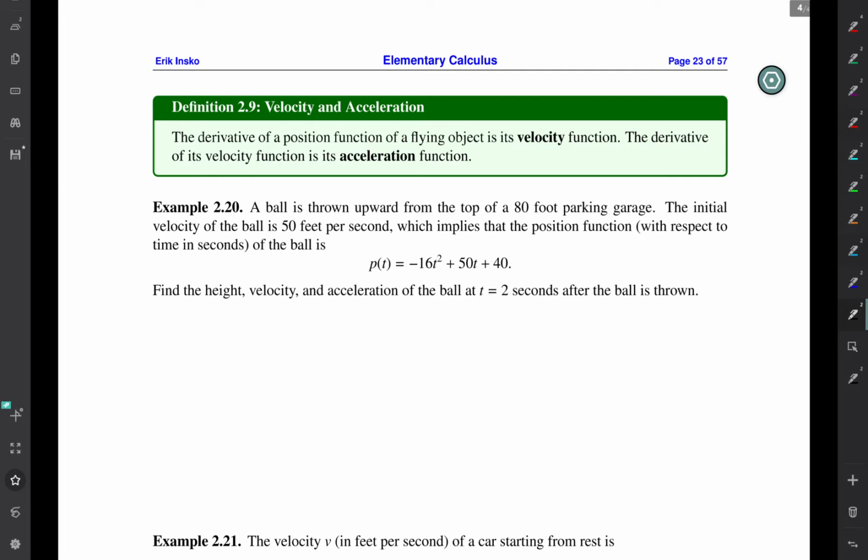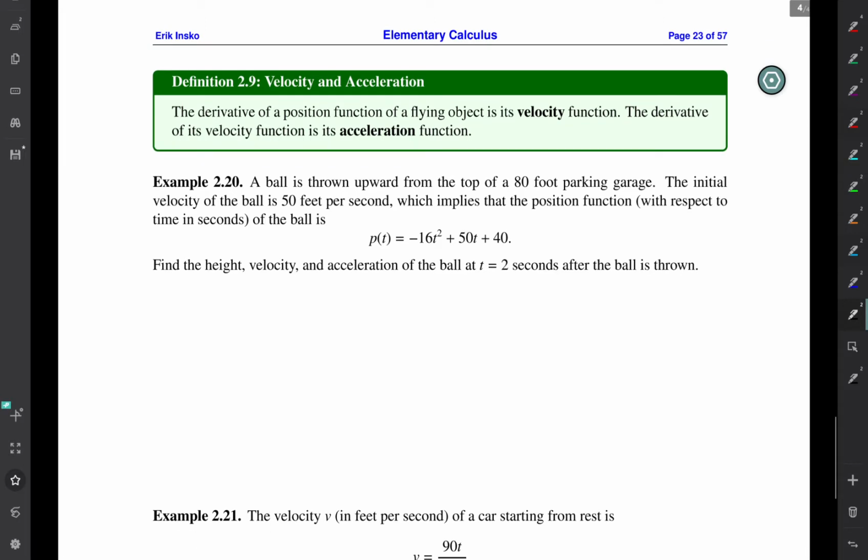so that's the rate of change of the velocity. So an example here, in example 220, is that a ball is thrown upward from the top of an 80-foot parking garage. The initial velocity is 50 feet per second, which implies that the position function of the ball is negative 16t squared plus 50t plus 4. It says find the height, velocity, and acceleration of the ball at t equals 2 seconds after the ball is